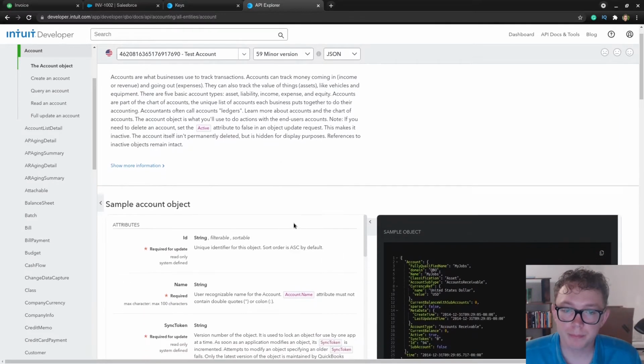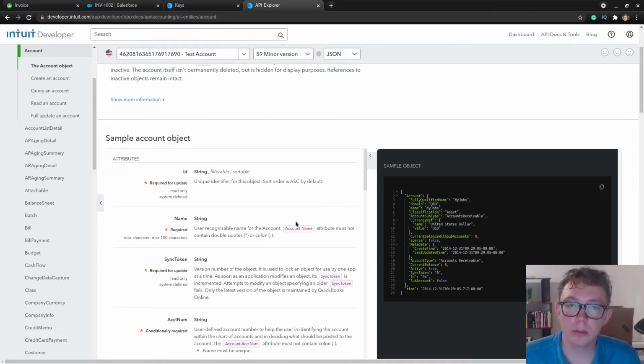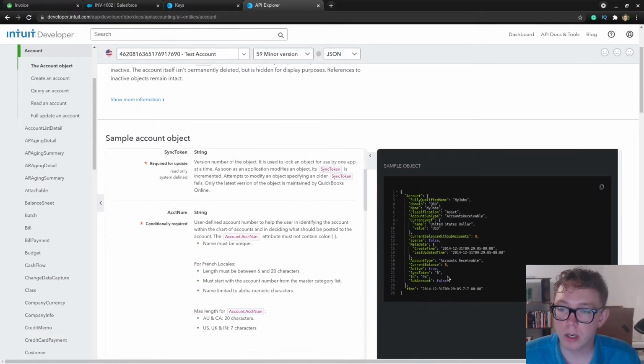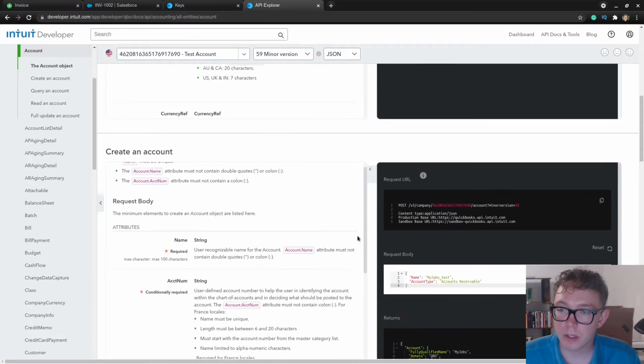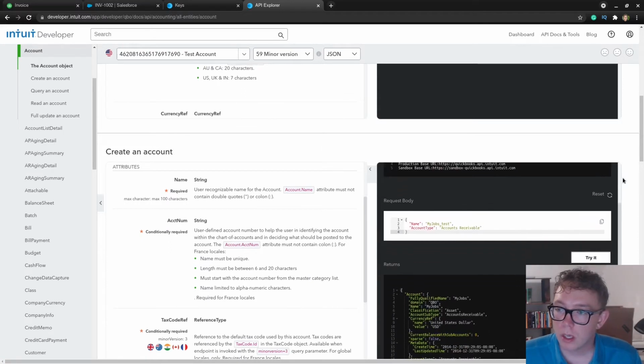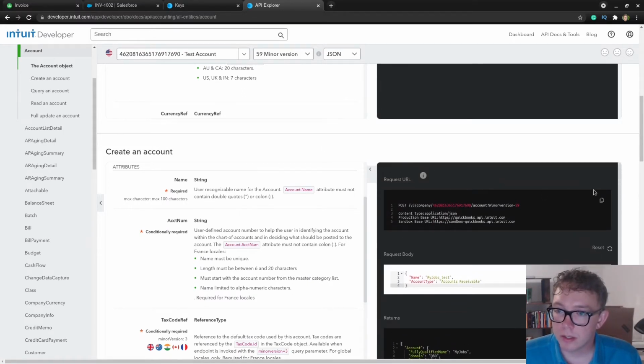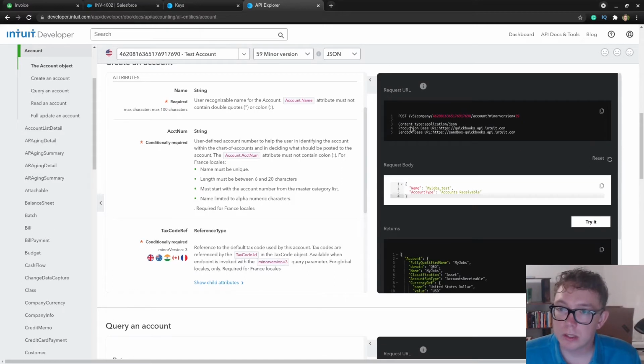A couple things to note about the QuickBooks API. The first is that if I scroll down a little bit more so you can see this, there's different URLs for production and sandbox, and this is the QuickBooks sandbox in production. So for today, we're going to be using the sandbox QuickBooks URL. And then the other thing you'll notice is that there's a v3, which is the API version,